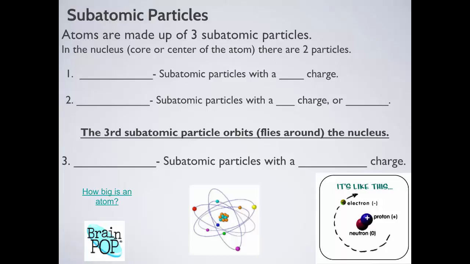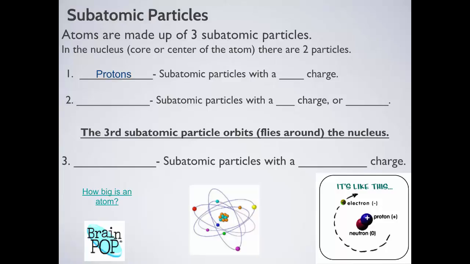And we often might see atoms pictured like this. There's a central part, a core, and then there are some subatomic particles around the outside of that core. The core we call the nucleus. It really has no relationship whatsoever with the nucleus of a cell, so you can separate those two things in your mind. But in the nucleus of an atom, the central core area, there are two types of subatomic particles.